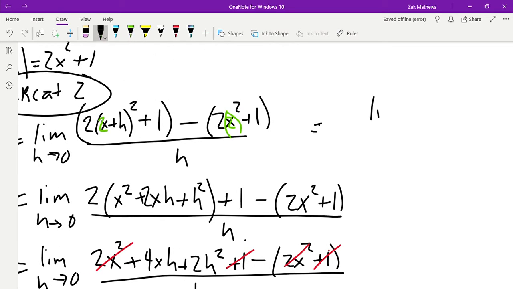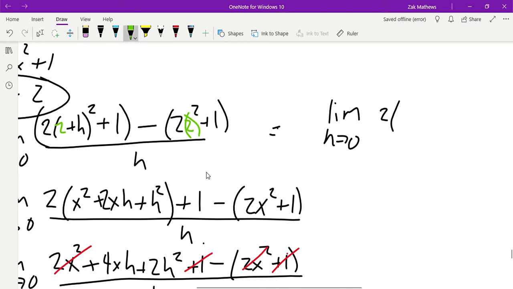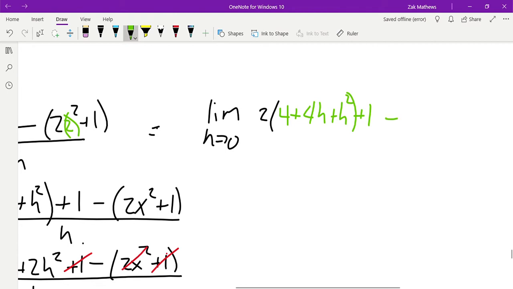We would have had the limit as h goes to 0 of, we would have left the 2 in front for a second. I'm going to go ahead and multiply this. Again, we've replaced the x's with 2's. So I have a 2 here and I have a 2 here. Let me real quickly multiply this together and simplify. So we'd have 4 plus 4h plus h squared plus the 1, minus the 2 times, well, 2 squared is 4, plus the 1,